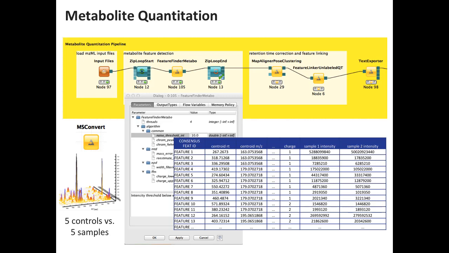So can you just apply this metabolome peak finder to your proteomics data? You can, and we've done it. It will not recognize these peptides as metabolites.